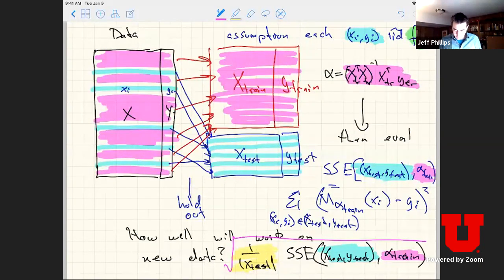So this would be the root mean squared error, where dividing through by the yellow part, the normalization, gives me a mean squared error instead of the sum of squared errors, and then the root brings it back to the same scale as the original data. But this gives me a sense of how accurate I will be on some new data. And this will allow me to generalize, to predict how good this model is.